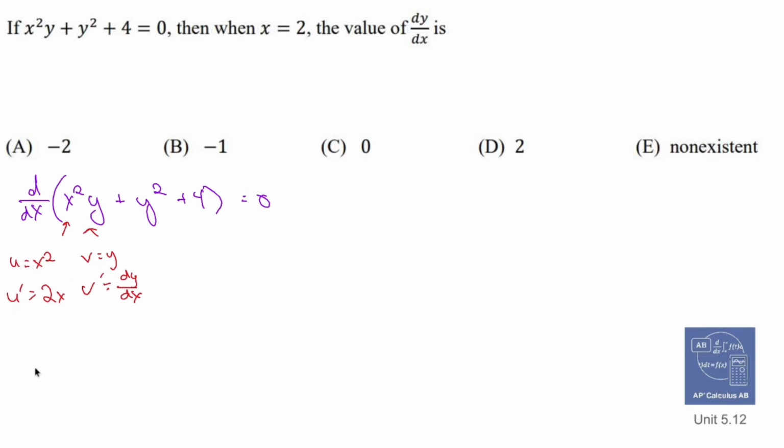Okay. Product rule is u prime v, so x squared dy dx. Oh, I have that backwards. Actually, it wouldn't make much of a difference, but if I'm going to be consistent, I want to be consistent. U prime v is 2xy plus v prime u, which is dy dx x squared. That was just this part, by the way. I still have to add the fact that the derivative of y squared with respect to x is 2y dy dx. The derivative of 4 is nothing, and the derivative of 0, which I forgot to write out, is also nothing. So let's subtract 2xy,